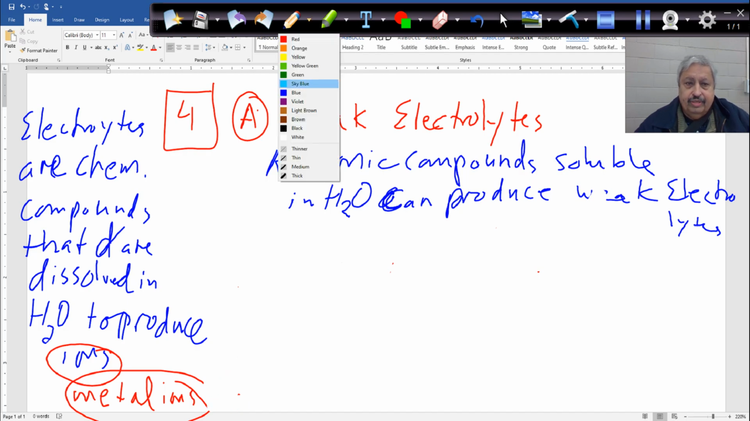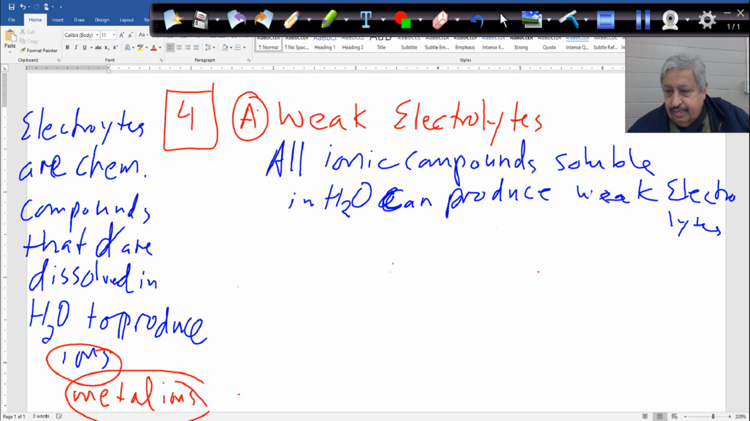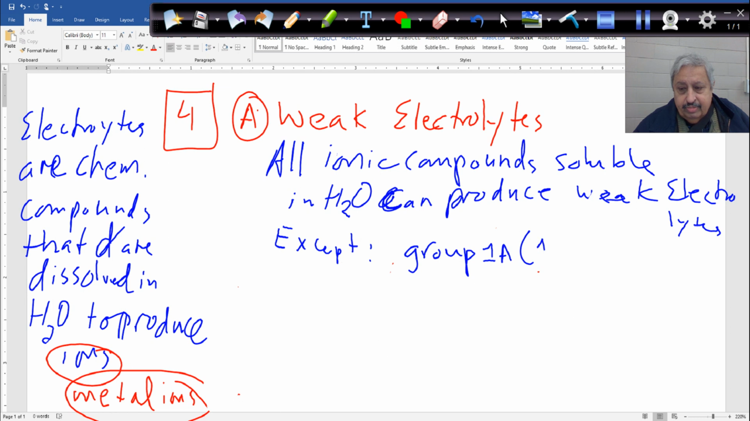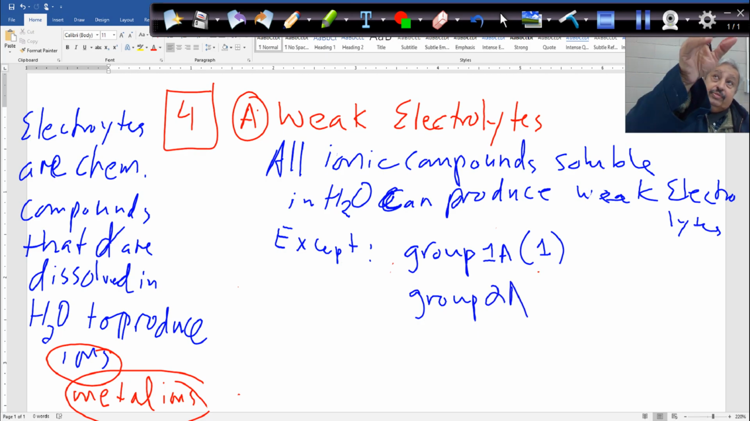Okay, guys, let's look at this. This is weak, we say, except group number 1, group 1A, or just 1, group 2A. 1A starts with lithium all the way down, and group 2A starts with beryllium, magnesium all the way down, 2A or 2, plus